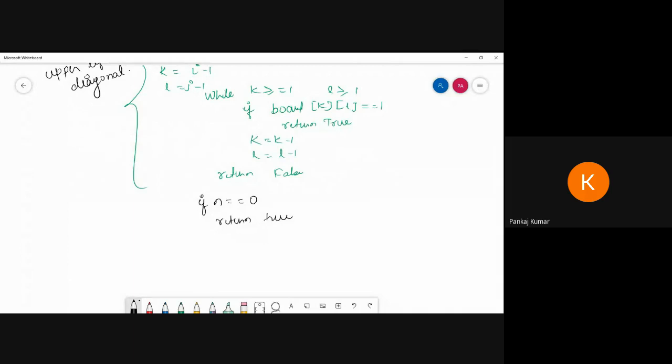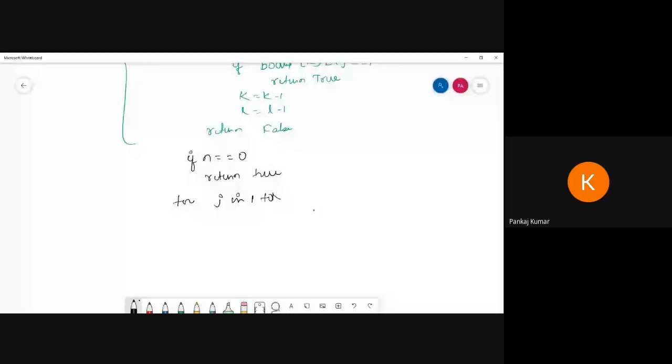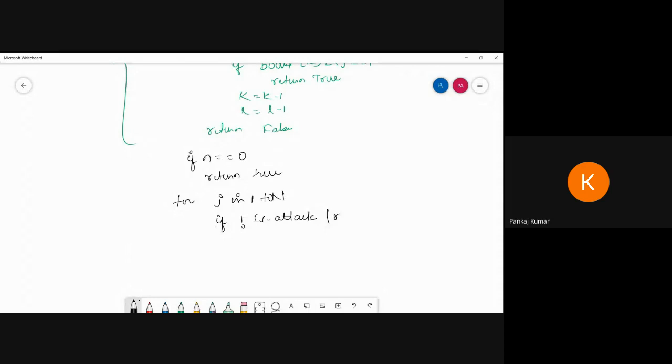So wherever it is possible to place, we have to check. So I'm writing this code: for J in 1 to n, and if is not equal to attack, then we have to pass row, comma j, comma board, comma n. So we'll check again, and again it will return the board.